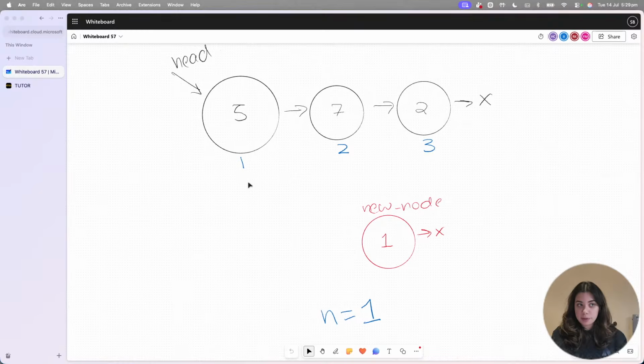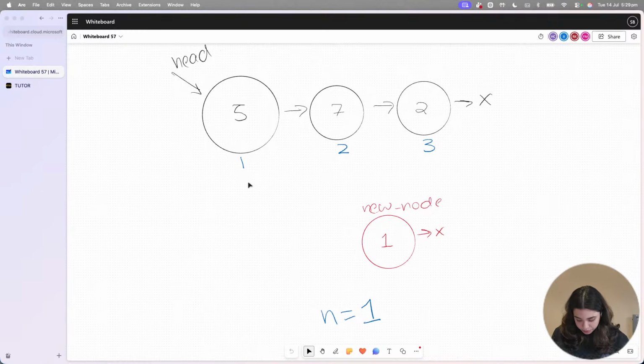And I hope with the lag, by the time I say this, the answer has been put in the chat. But we're going to want to be using a current pointer. And this current pointer, we can traverse and count our position as we move along. And we can make sure that once we hit 1 less than the position, we can insert it. So,